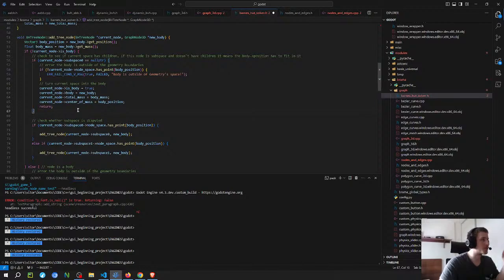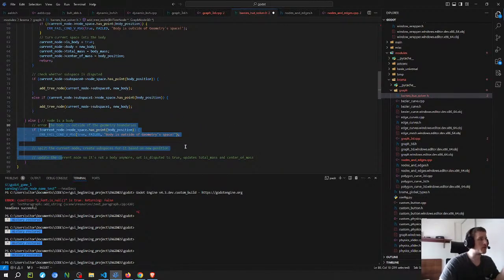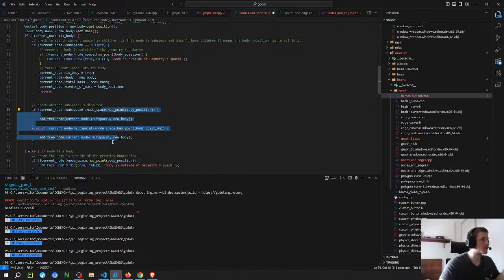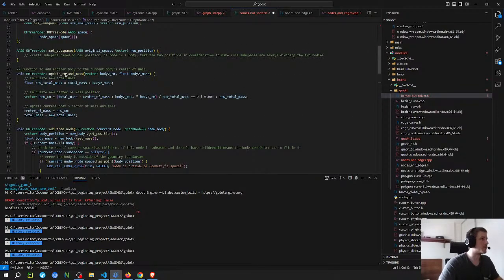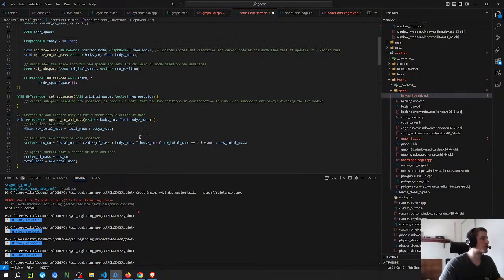So on the other ones, it's just gonna either split the tree on this thing here, to transform a node that was a body into a new subspace, or it's going to hit a middle subspace, let's say. That is this point here. So here is where you should update, I think. So just call, here, yeah, I have to change the function so that it accepts as well, because